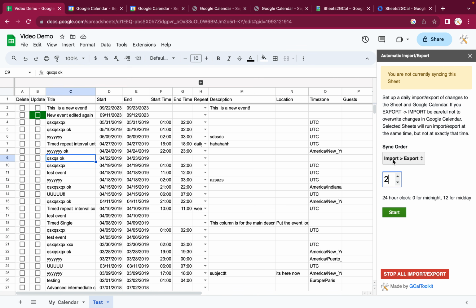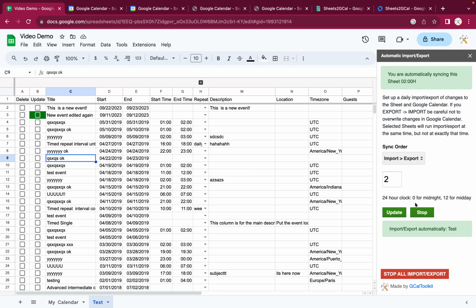It will import changes from the calendar to the sheet only, and then it'll export everything from the sheet to the calendar that needs updating in the calendar. So that's the best way to avoid losing any edits that you may have made in one or the other. Again, I said you can set this to export import or just export if you're using a sheet to manage basically the calendar without touching the calendar, or some people use it the other way around. They use the calendar and they just want it to import once a night into the spreadsheet for other users. So you can set that again using these options. Set the time that it happens, click Start,